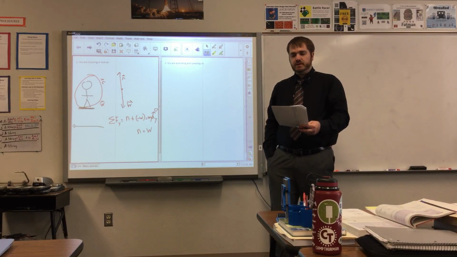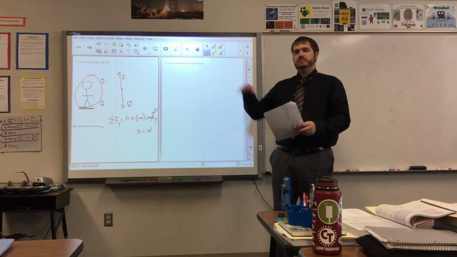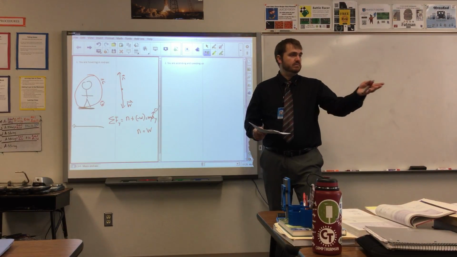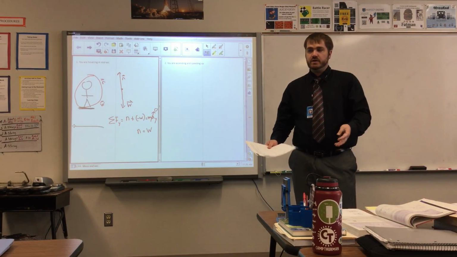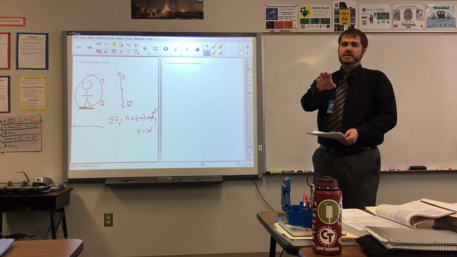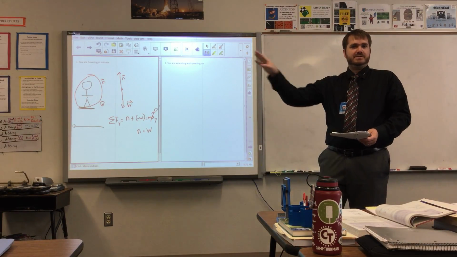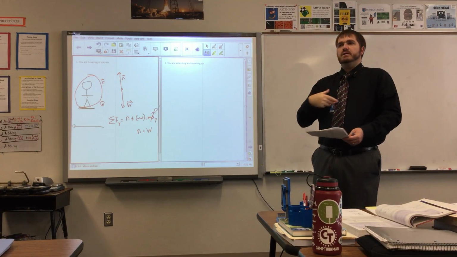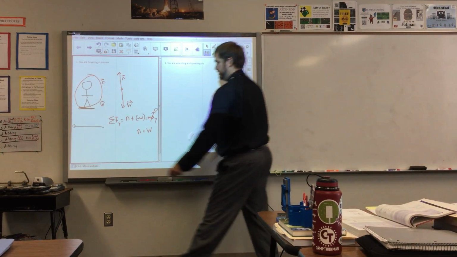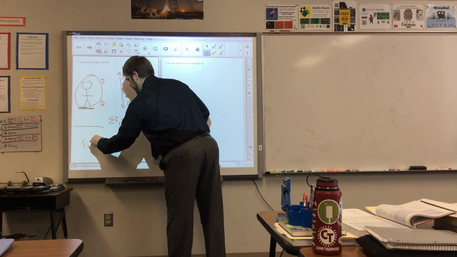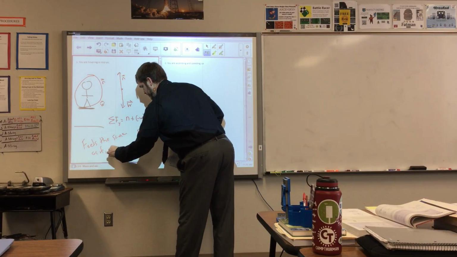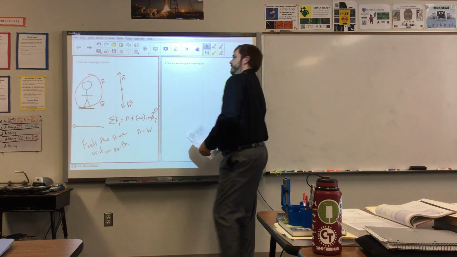Make a statement about the apparent weight of the rider. How does that rider feel? Does he feel heavy? Does he feel light? Does he feel just like he always would? He's just standing there. The platform is also just hovering there. So it would be normal, wouldn't it? He would feel normal, although I'm going to try not to use that word because it gets confused with the normal force. How would you say it? He feels the way that he always would, as if he was just standing still on Earth. So, feels the same as if on Earth. Not moving upwards or downwards.